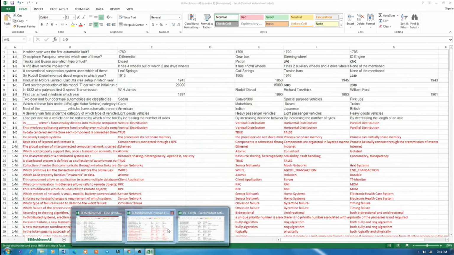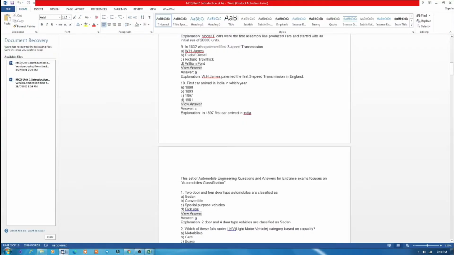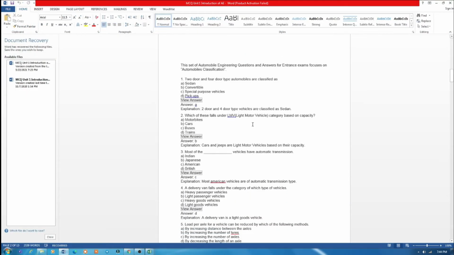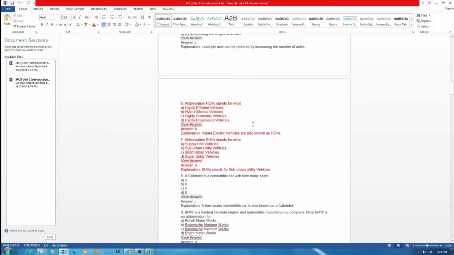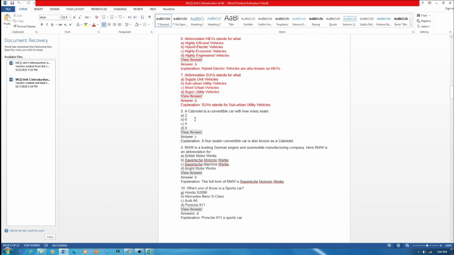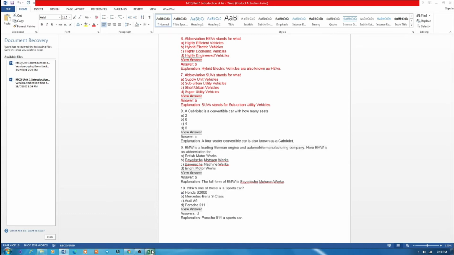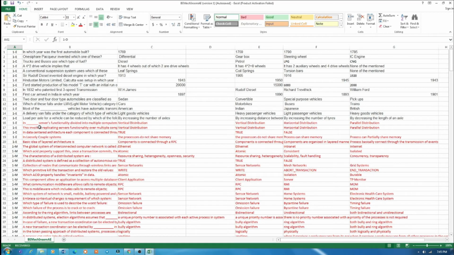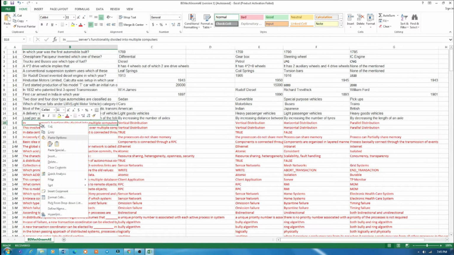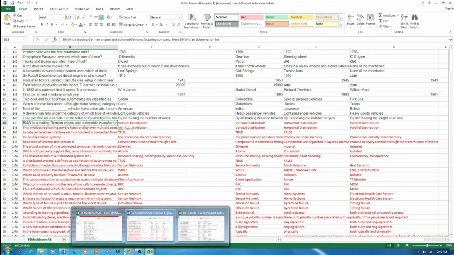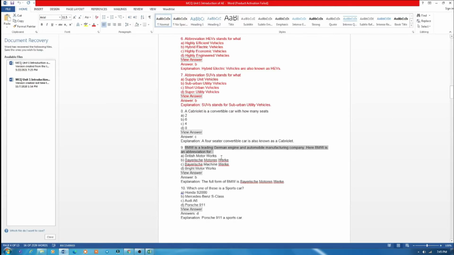It requires very little time to create such a CSV file. So let's see which question I am going to copy. Here I can use Control C or the copy button, and I will paste it in column B, which is the column for the question. Yes, it is there. Then I will again come to the Word document.